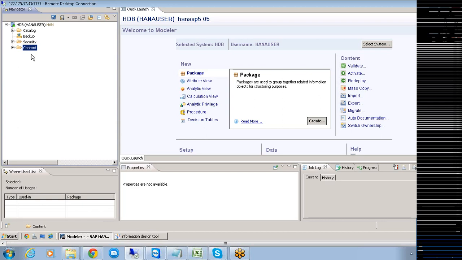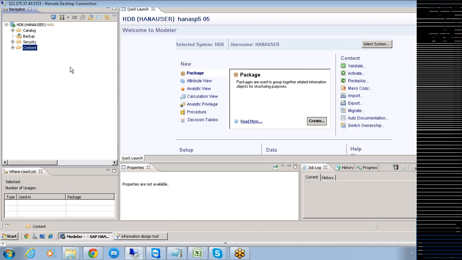The second thing is that modeling the views in the case of HANA Studio is optional. Whether you do that or you don't do that. But at some point of time you need to do the modeling for querying these particular objects here.